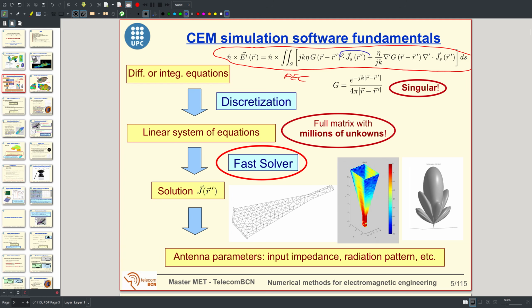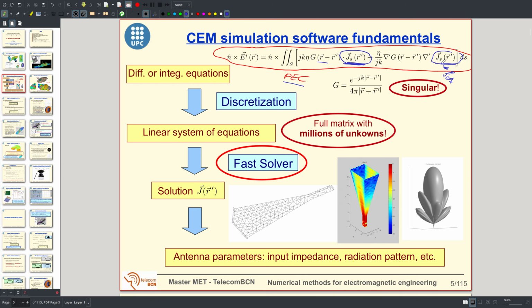The unknown is J, and remember that this is the induced current, but in fact, in the surface equivalence formulation, it is the electric equivalent current. We have seen in chapter 2 that for PEC, perfectly conducting objects, the equivalent electric current is equal to the induced current. For that reason, I have put the induced current in the equation, but in fact, it's the equivalent current. And very importantly, the equivalent current is defined only on the surface of the object, not within the volume of the object. So this convolution integral,